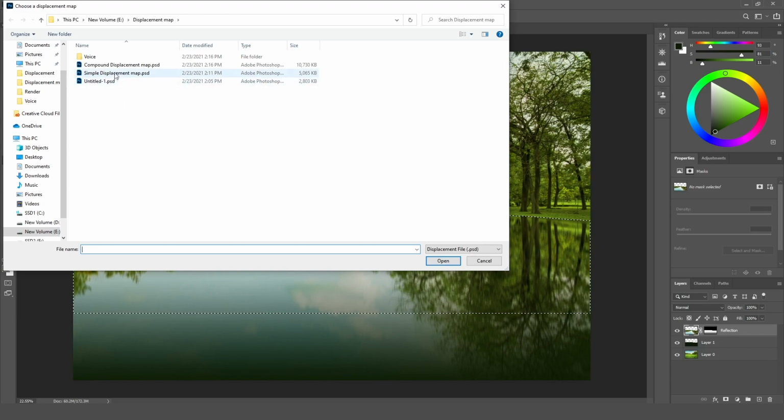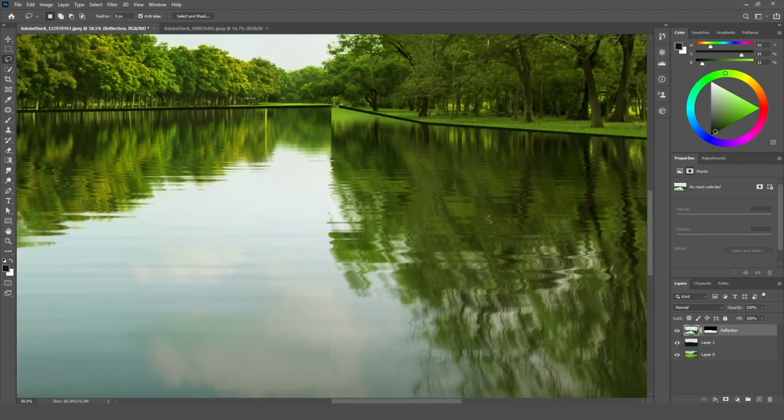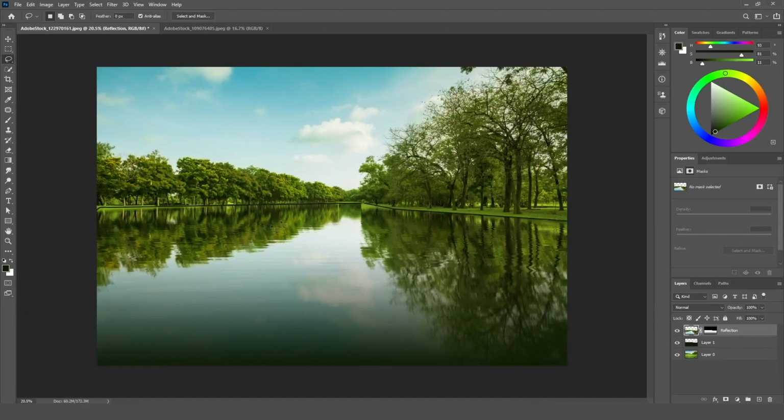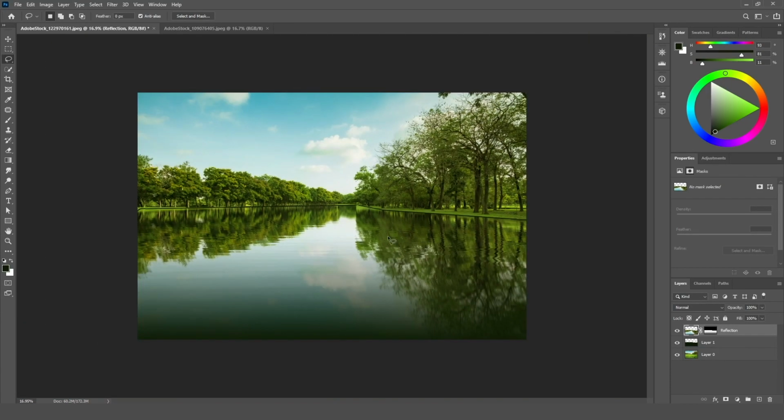And click OK, and it will ask you to add the displacement map, the PSD displacement map you made. First, let's try the simple displacement map, the grayscale one, and this is the effect that it added to our image. That's a nice water reflection. It's added by the grayscale one,